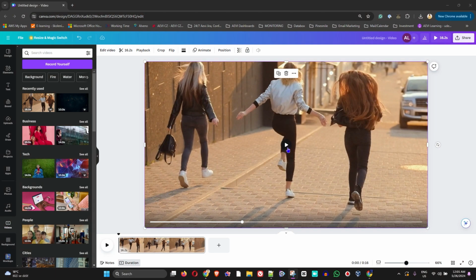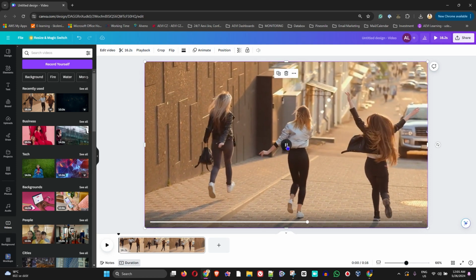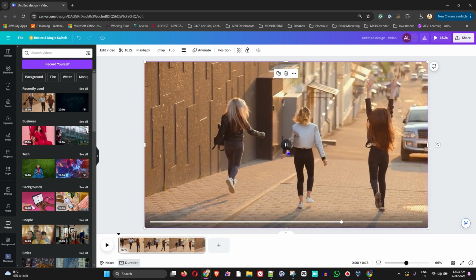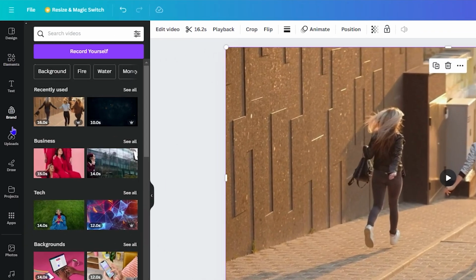So as you can see, I have a video here of these three girls jumping and having fun, right? So I'm going to add some nice background music to it. And I would like to have something summerish, right? So that could be very nice. These girls are on vacation. They're having fun in the summer. And in order to do that, all you have to do is just simply go ahead and find audio on